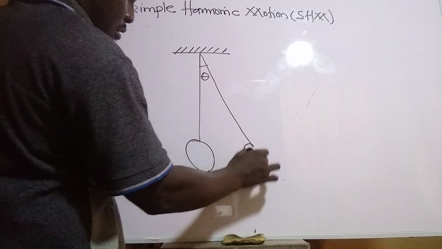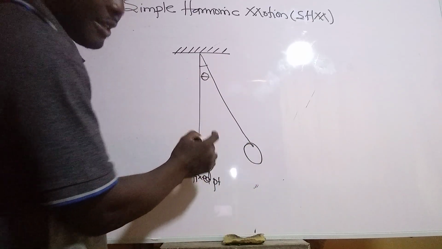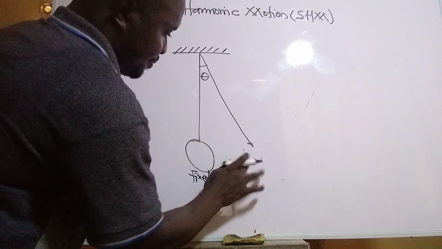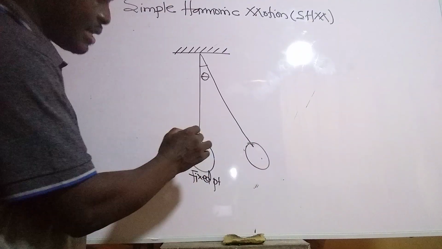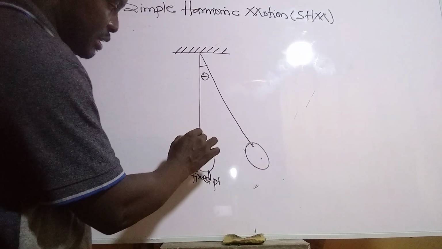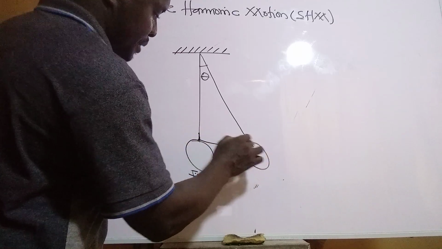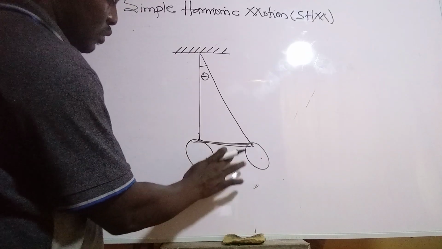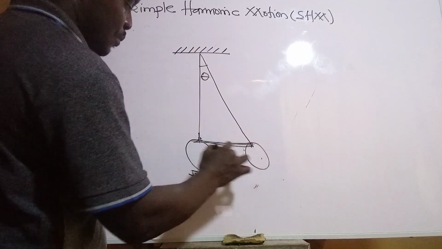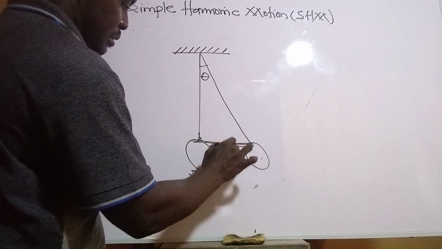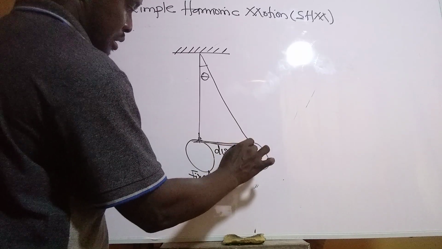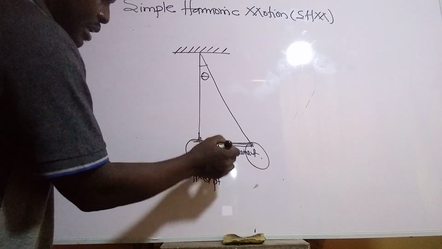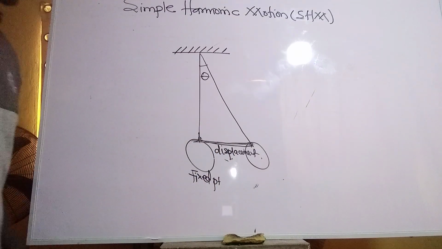theta, the distance from the original fixed point to the new position of the object is what we call the displacement. So this distance from here to this point is the displacement. And we often represent the displacement